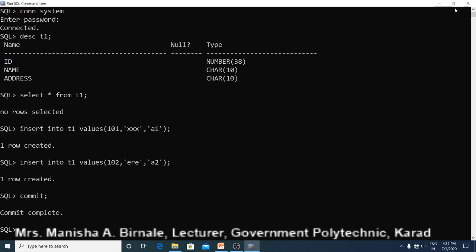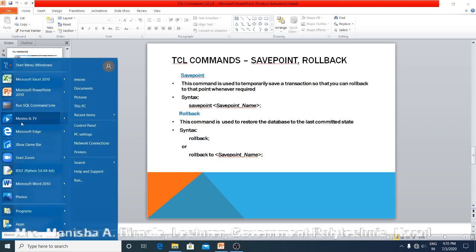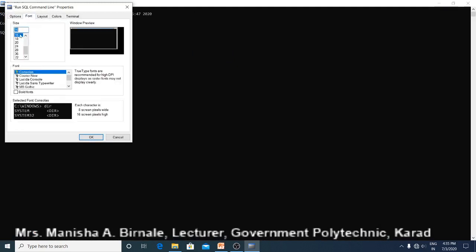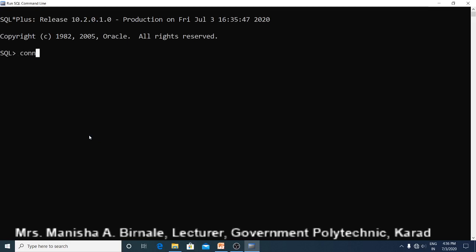Now let us once again close this database abnormally and again start the database. Let us connect to the system.